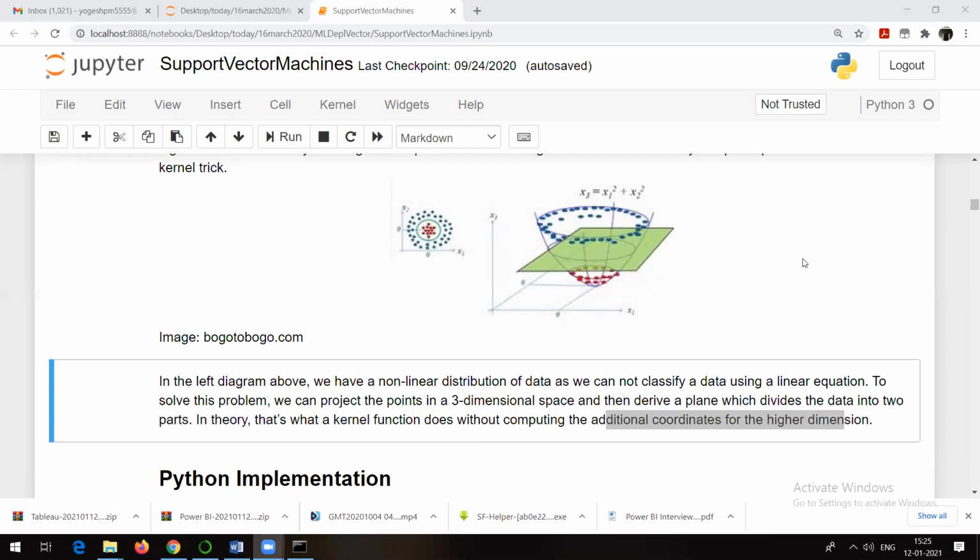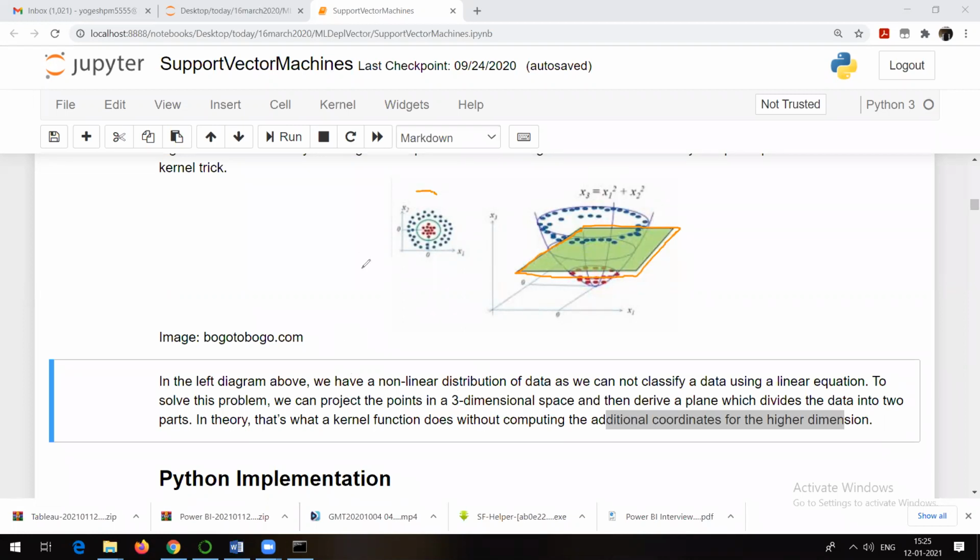Okay. So Sharon is asking, sir, kernel trick converts into n plus 1 dimensions, is this right? Yes, it depends. It can convert into n plus 1 dimensions. Actually, we cannot say convert actually. What we can say is it introduces a plane which helps you to divide your data into different classes. See, it introduces a hyperplane. That's what it does. You cannot say it is going to convert.